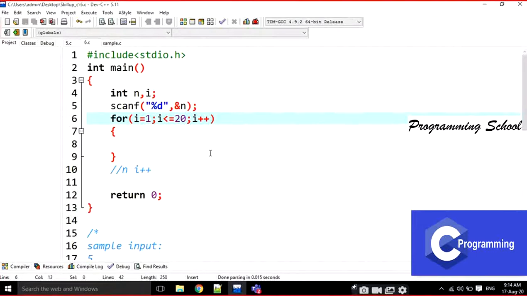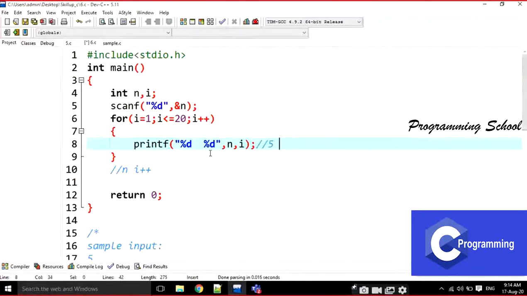And I am going to stop at I less than equal to 20. For the 20th table, I am going to stop here. I am going to increment it every time. 1 becomes 2, 2 becomes 3, like that. That's why I am writing I plus plus. Now I am going to print n and I. Printf %d and %d. I am going to print here n comma I. Initially, what is the n value?